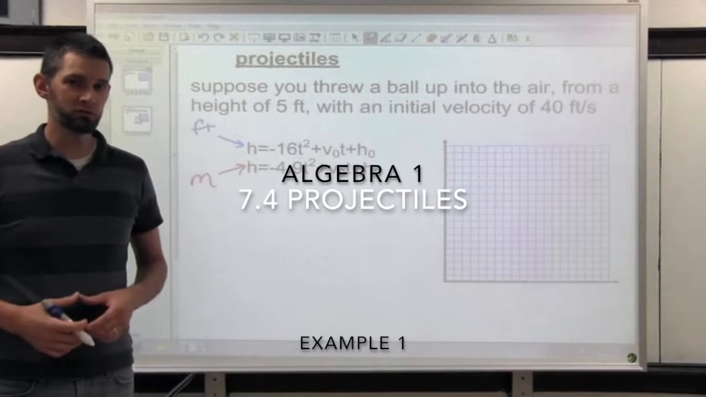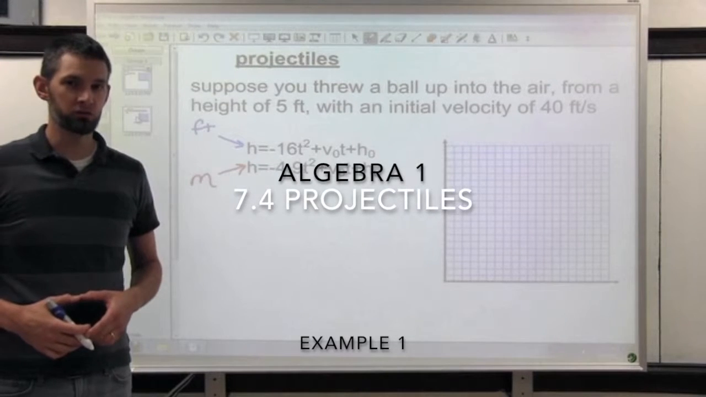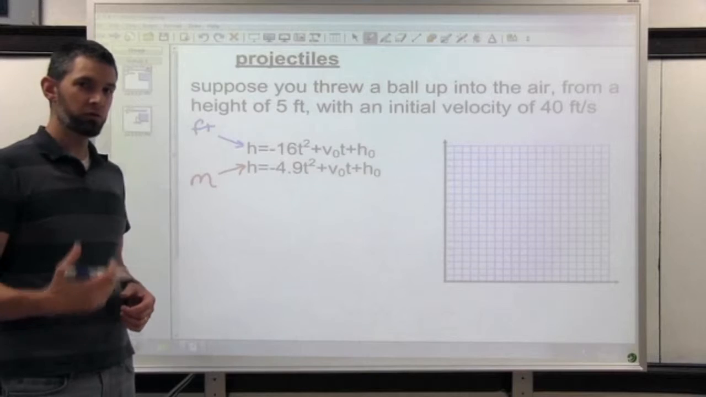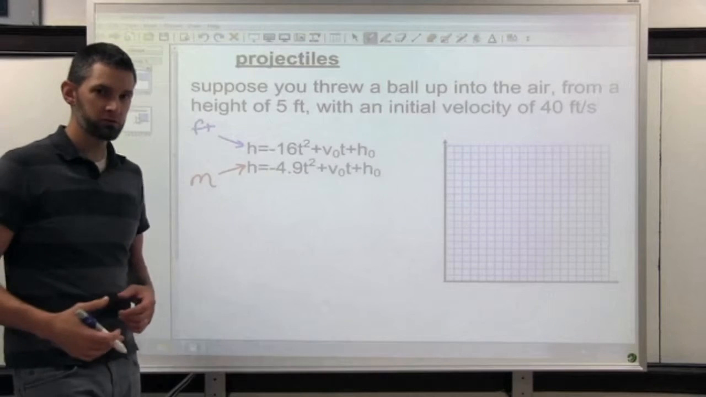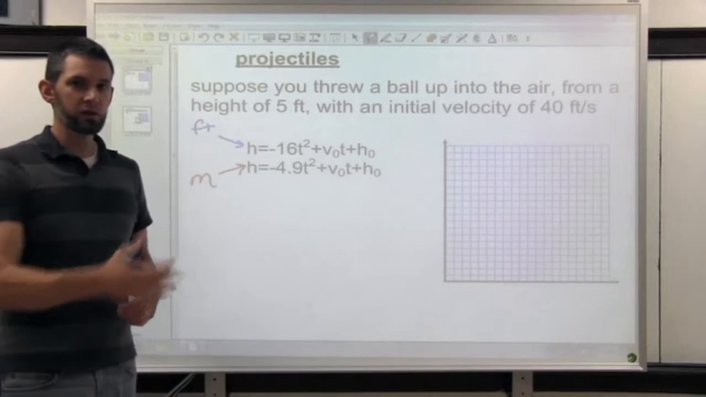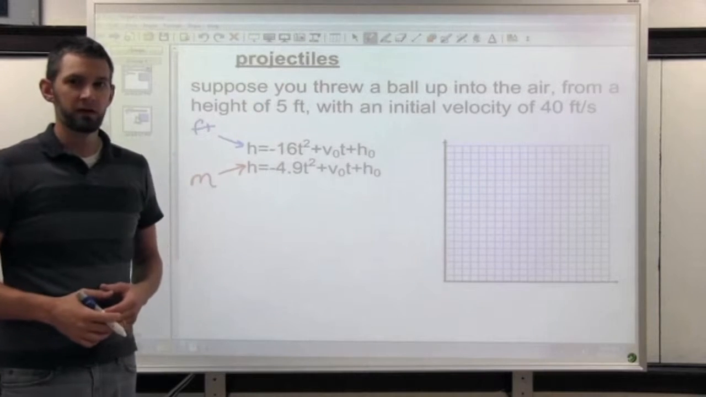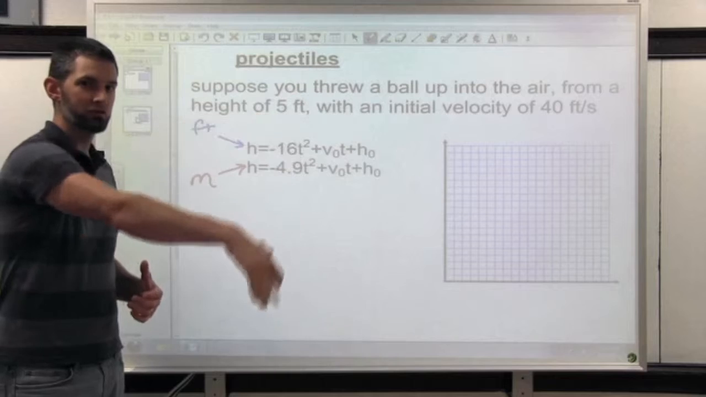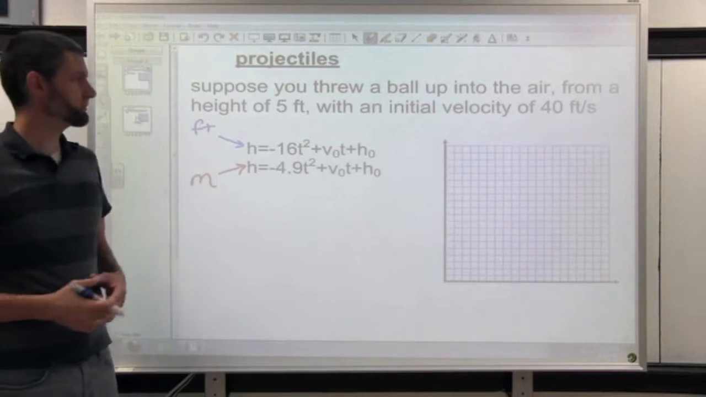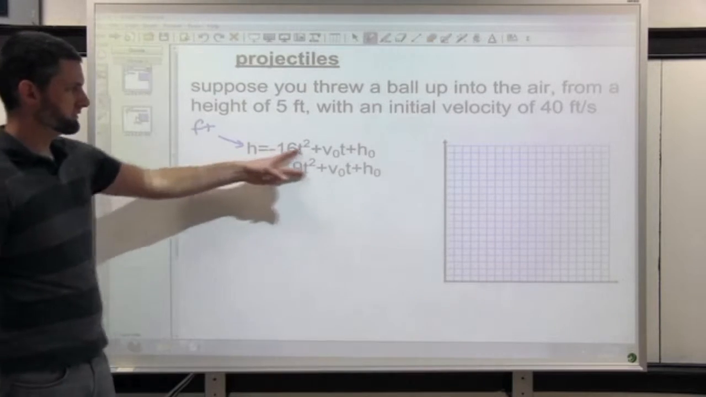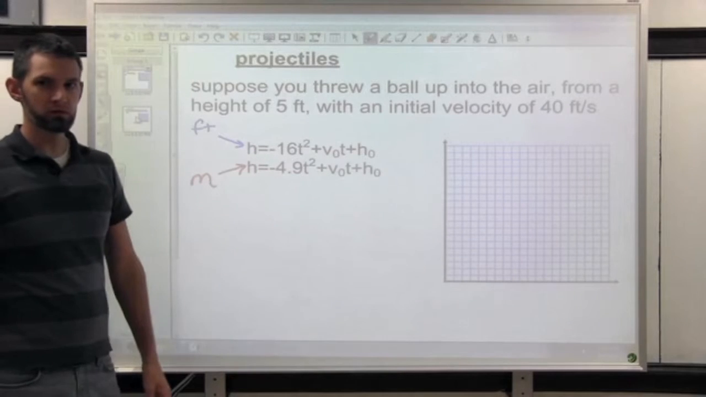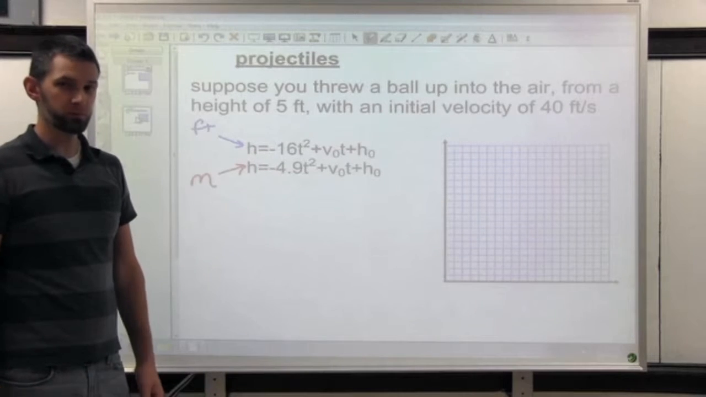One of the most common uses of quadratic equations is the idea of things being thrown or kicked or dropped or even launched. All those things are called projectiles, and they all follow a parabola shape. So we can use a quadratic equation for them. In fact, these are the two formulas that we'll be using to talk about something that's been thrown or kicked